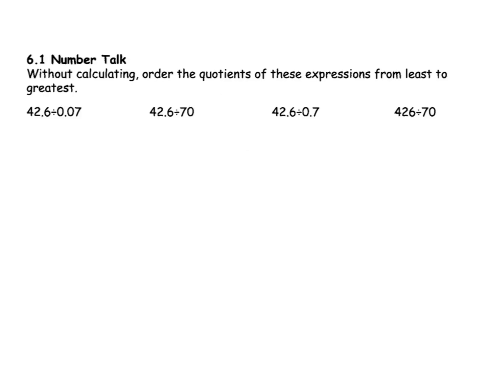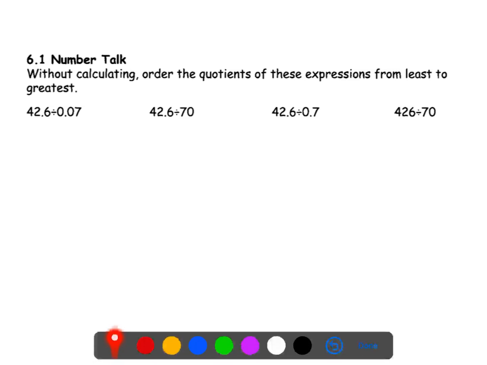We're going to start with a number talk, which means no calculating. We're not going to solve the actual problem. We're just going to use what we know about numbers to answer the question. It says we're going to order the quotients. Remember, the quotient is the answer to a division problem of these expressions from least to greatest. So we're thinking of the answer to these 4 division problems. The first choice is going to be the smallest answer, the smallest quotient, and the last choice will be the